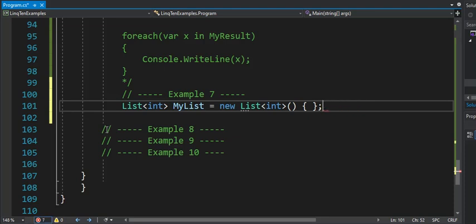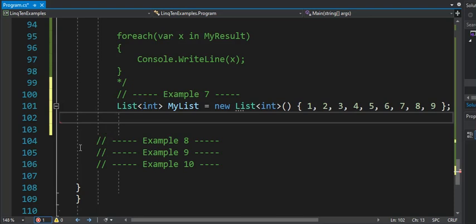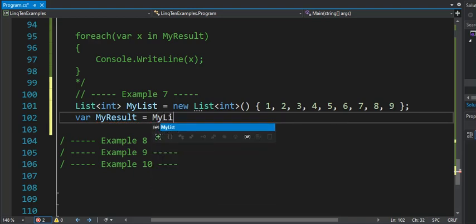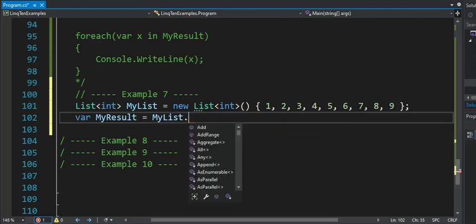Let us start from 1 and we go to 9. All right. Good enough. Our LINQ query remains very similar. So I will be saving the result into my result, but this will be a short one-line lambda expression. So my list dot Where, W is capital,